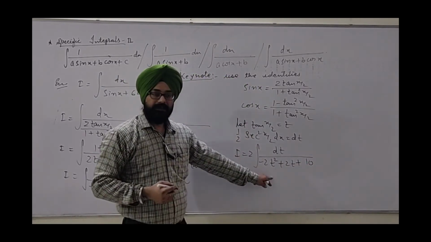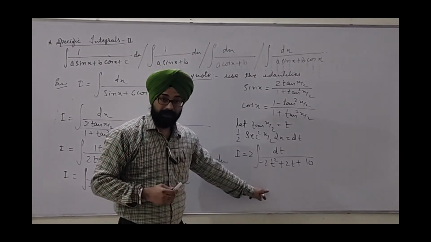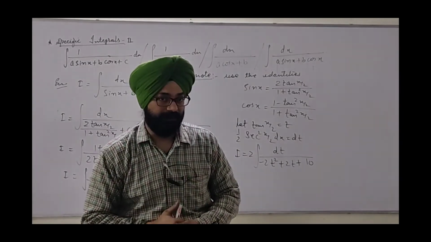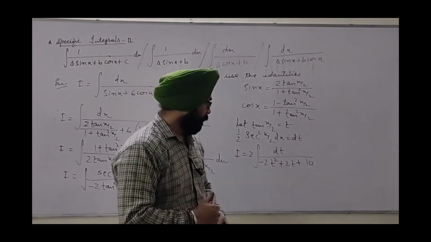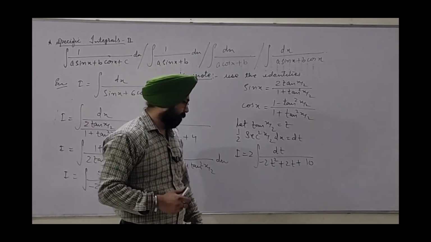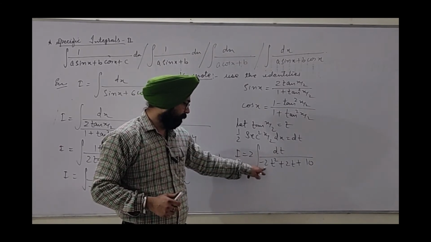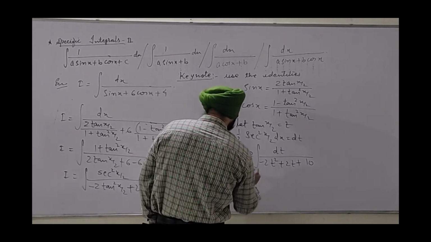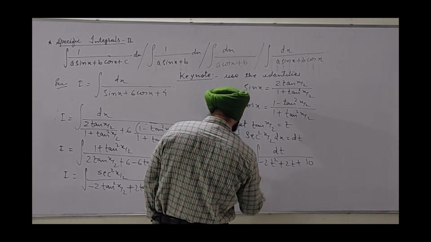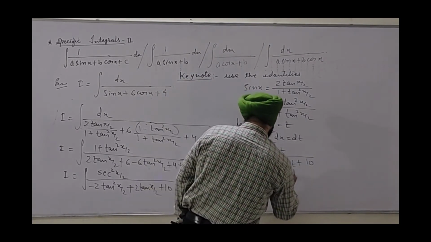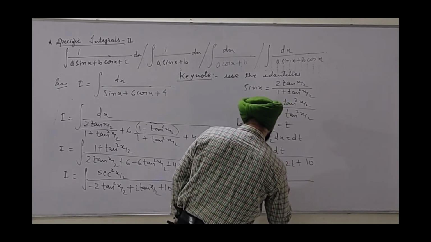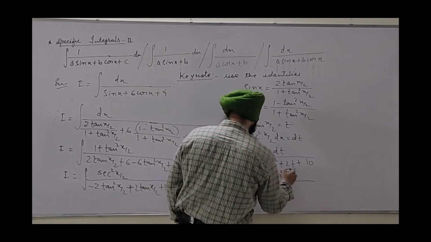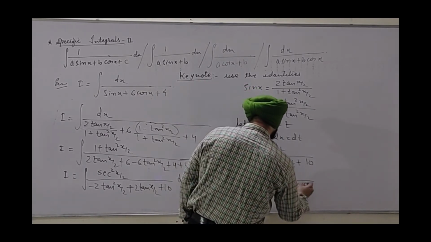Again we get the pattern which we have seen in the specific integral portion of the 7.4 exercise of NCERT. Okay, so we will follow the same. First we will take common the coefficient of t square, which is minus 2. So if I take it, it becomes minus 1 integration of dt upon t square minus t, since I have taken minus 2 common, so the sign also will be changed, minus 5.